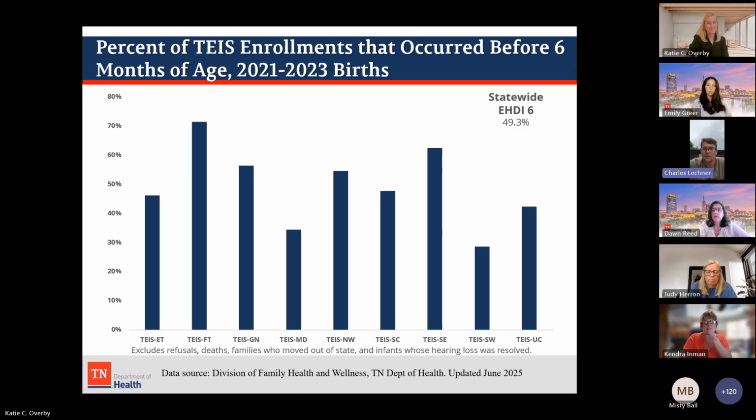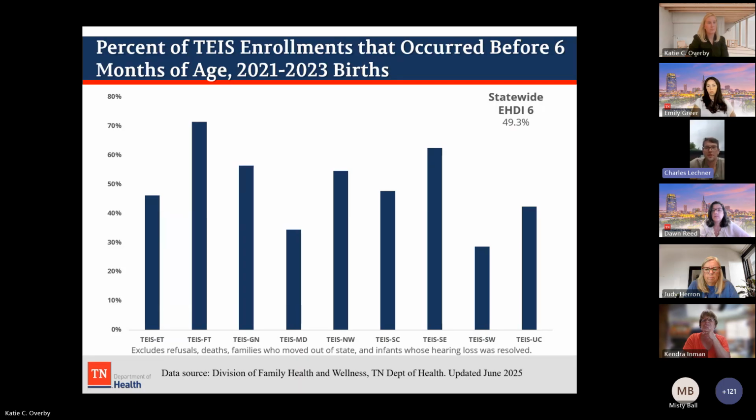We're kind of oscillating all over the place for our regions here. We have some regions like First Tennessee with the highest bar there in the second one at about 70%, which is really good. I believe that is the southeastern region, yeah, about 60%, also quite good. The rest of them, we start kind of falling below that, between about 45 to 55% for all these, with a couple other regions falling below, with the Memphis Delta at about 30%, and the Southwest region being about 25-ish%.